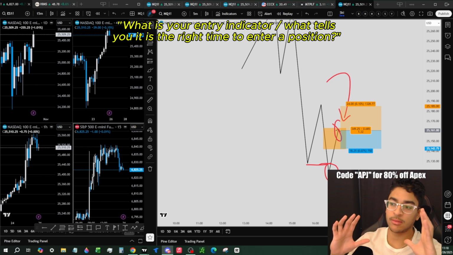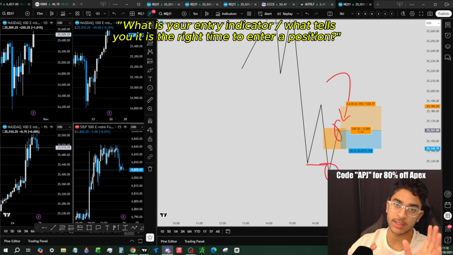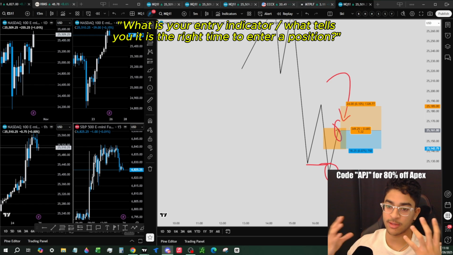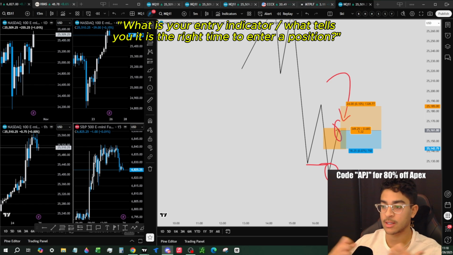But essentially, to sum it up, my entry model is lower time frame inversion fair value gaps when higher time frame context aligns, right? When we have a reason to reverse, when there's context, that's when I look for an entry. I'm not basing my entire trade thesis off of a 1 minute or 30-second entry. If you do, that is where a lot of people get misled and they start just being too zoomed in and looking at those lower time frames, and then they wonder why they don't have the high win rate that I do. I look for a litany of factors, right?